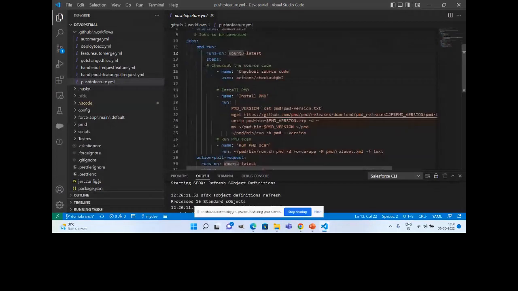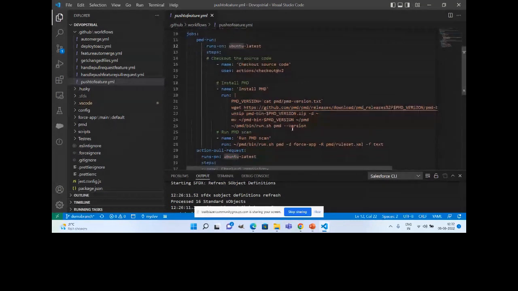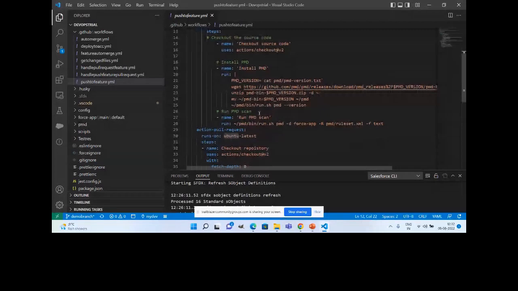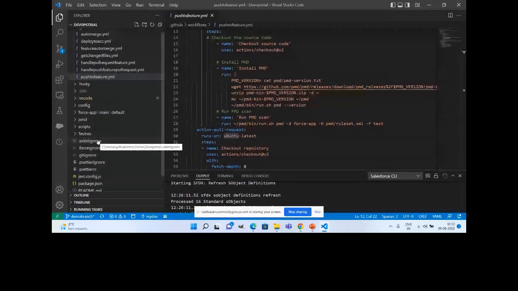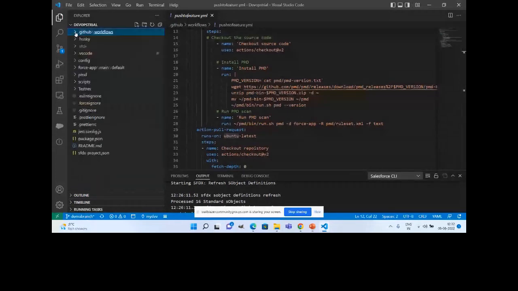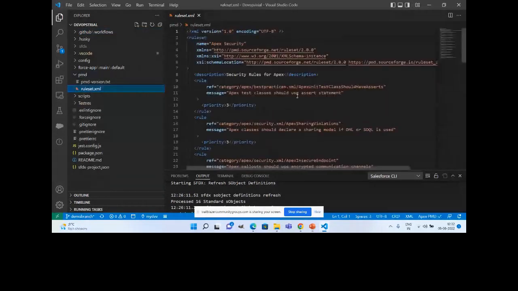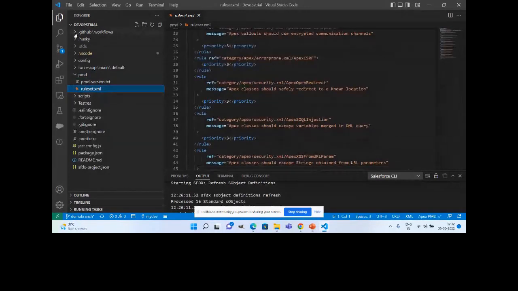The next step is the PMD installation. In the remote server, PMD might not be available, so you need to first install the PMD related components. And then you can call an action to run PMD. But to run this, you should have the rule set configured somewhere. It's already available in my local, and when they check it out, they will get those details. I can show you that. You can see there's a PMD folder, and inside the PMD folder, all the rule sets are available. You will be able to add additional rules also that you want executed whenever some check-in process is happening. Okay, now back to the file.